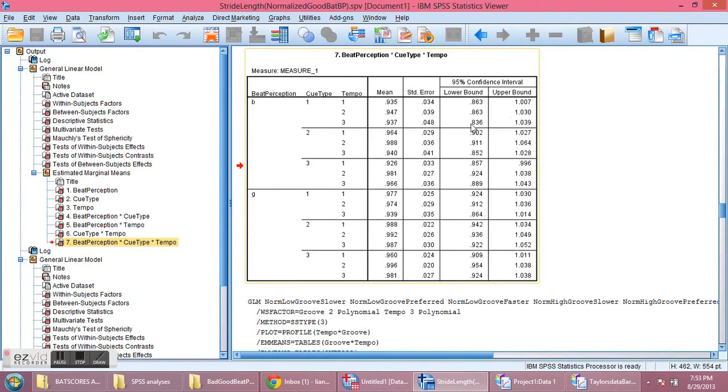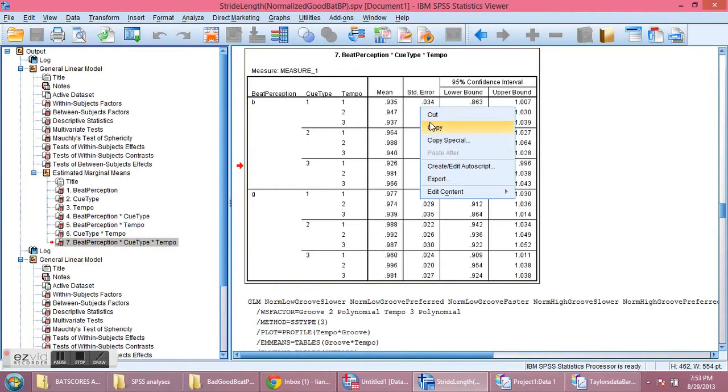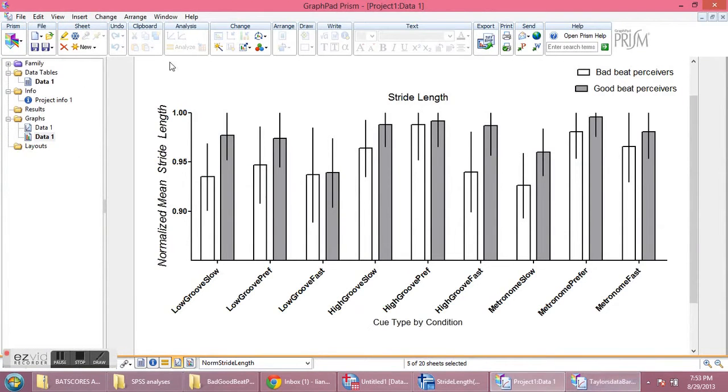So you don't need these 2 columns, you only need these 2 columns, but because SPSS is like that, you have to copy the whole thing. So if you hit copy, like I did just then, what you can do is, if you open Graphpad, this is how it will look. It will ask you to